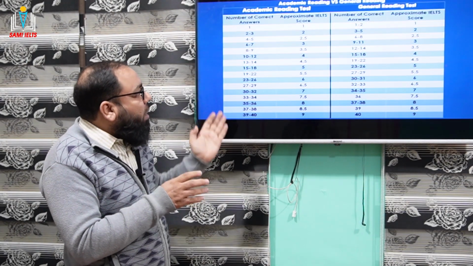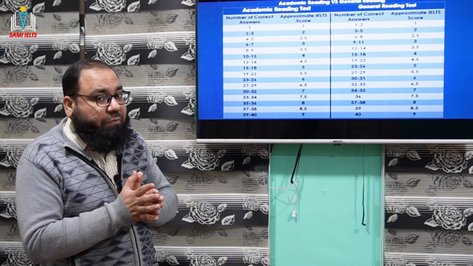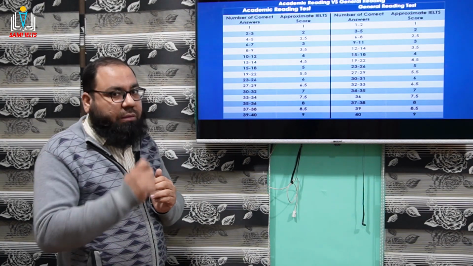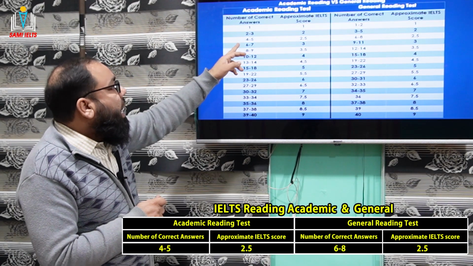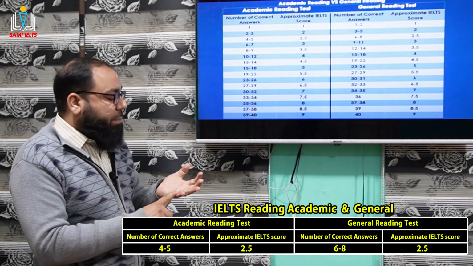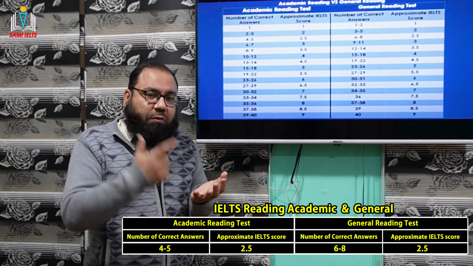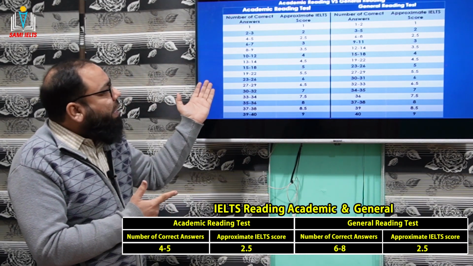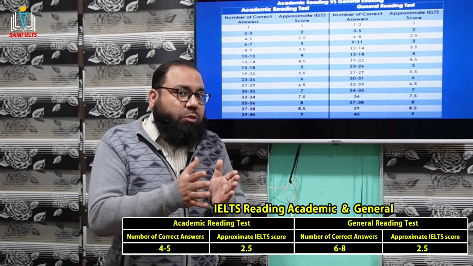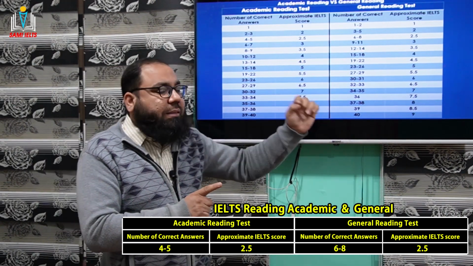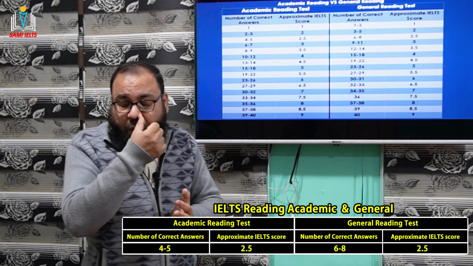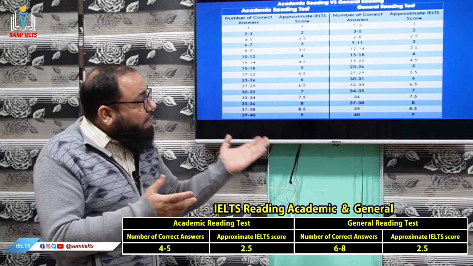And here, not 5 but you will be correcting 2 or 3, so that you can get 2 bands in this case. If you go to academic, so 4 or 5, right? Remember students, if you correct 4 or if you correct 5, you'll be getting 2.5, but for 2.5, GT students will have to correct 6, 7, or 8. Somewhere you correct 6 answers, you correct 7, or if you correct 8 answers, then you will be able to